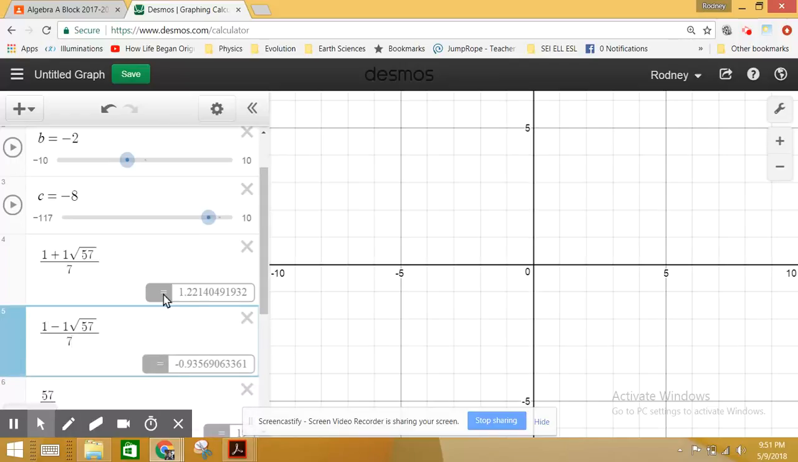Okay, so at this point, it's still kind of ugly, but these are my solutions. If I wanted to round them to the nearest hundredth, I'd get 1.22, and I'd lop off the rest. And since that's lower than 5, that's where I leave it. Over here, I've got negative 0.935. I lop it off here. It becomes negative 0.94. So 1.22 and negative 0.94